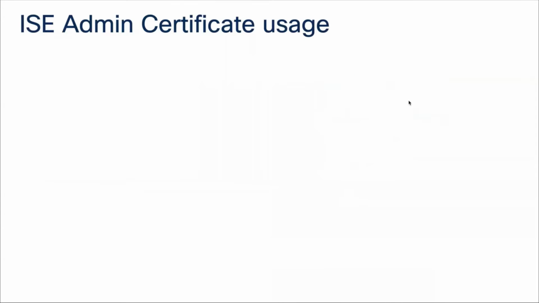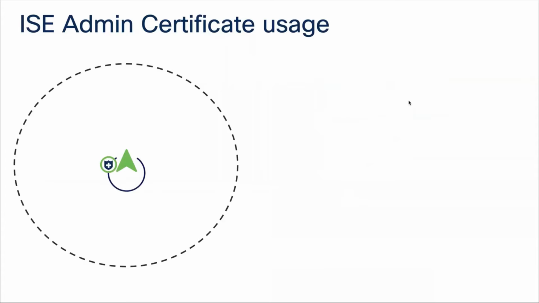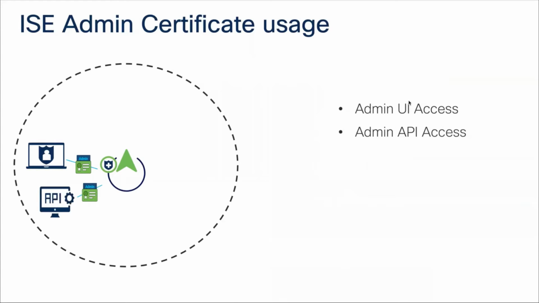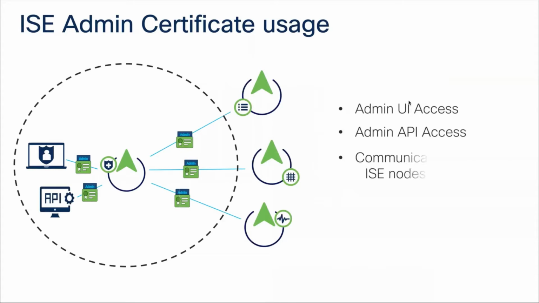Now that we understood the different categories available in the ISE certificates and the ISE architecture, let's dive into the details of each individual service and purpose. The first one, the ISE admin certificate usage or purpose. As I said earlier, whenever an admin is trying to access the ISE UI, be it PPAN UI, PSN UI, or MNT UI, the admin certificate is going to be used for that communication. Whenever an admin is trying to go with API operations, that's when the admin certificate also comes into play. Whenever ISE is talking to the other ISE nodes in the deployment